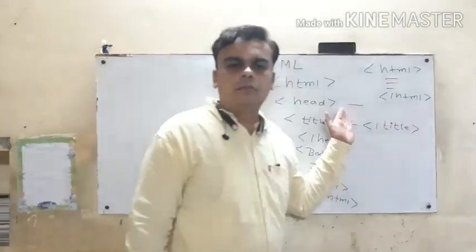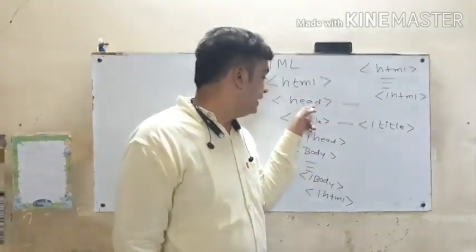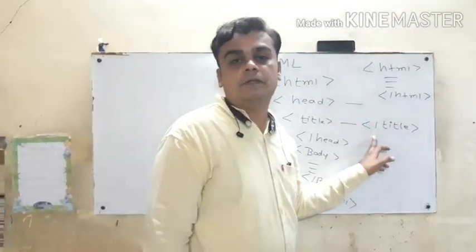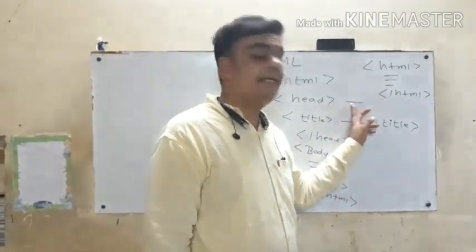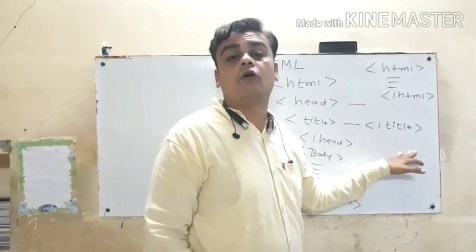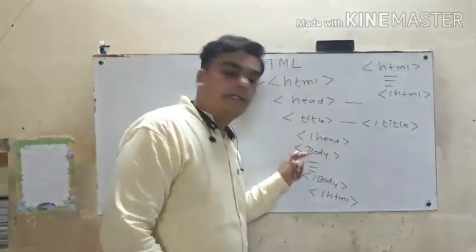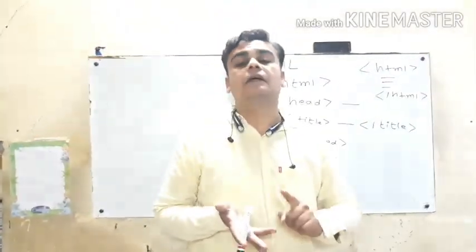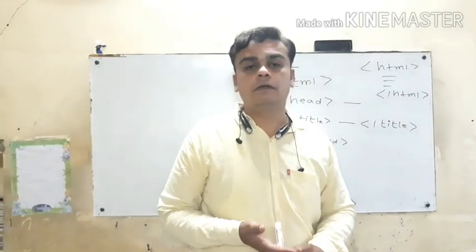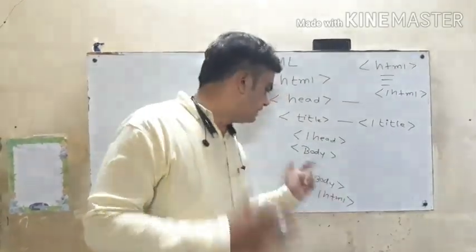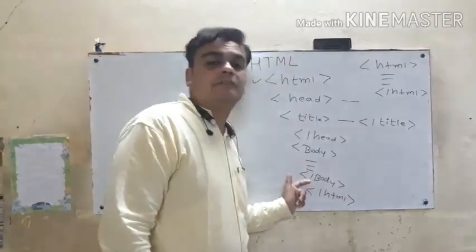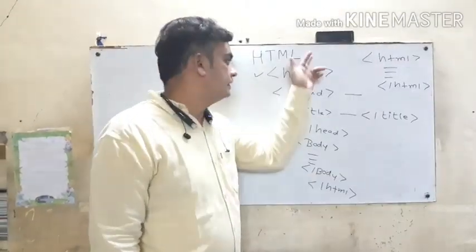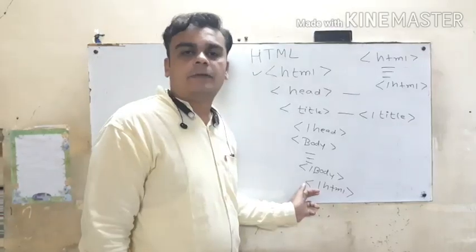And one more thing, most of the students make confusion between head and title tag. Head tag represents heading, title tag represents the title, which appears on the title bar of the window, and heading displays the current working section of your web page. Then the next tag is my body tag, the actual information of the web page, that is images, text, graphs, tables, charts, all kinds of information are present between body and slash body tag. It is also a pair tag, its companion tag is slash body. So this is the overview of the general format of HTML.